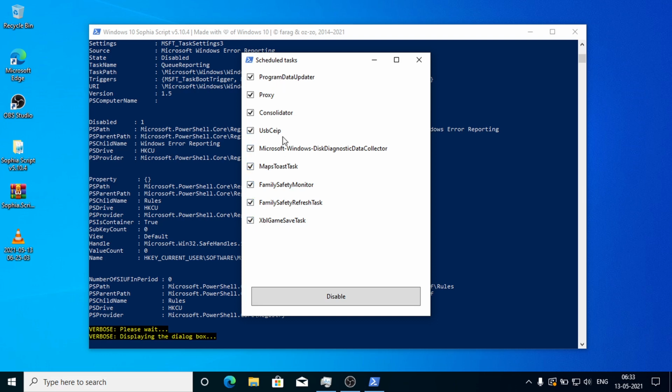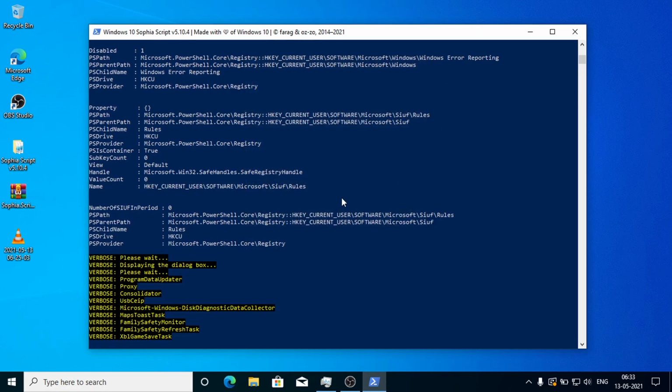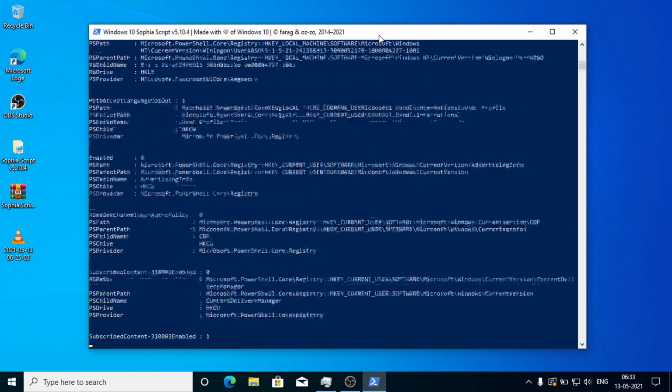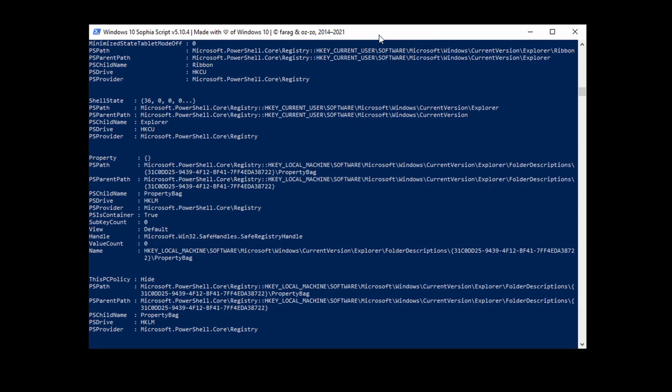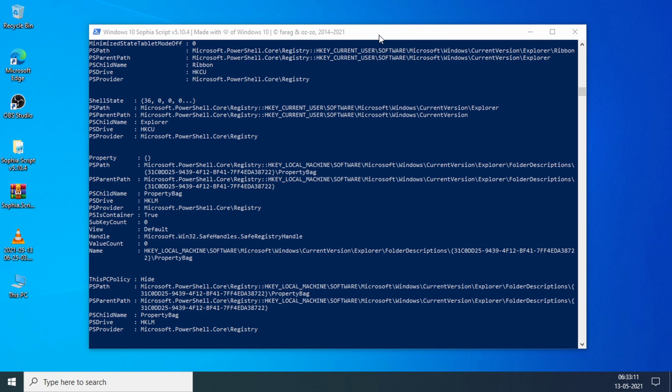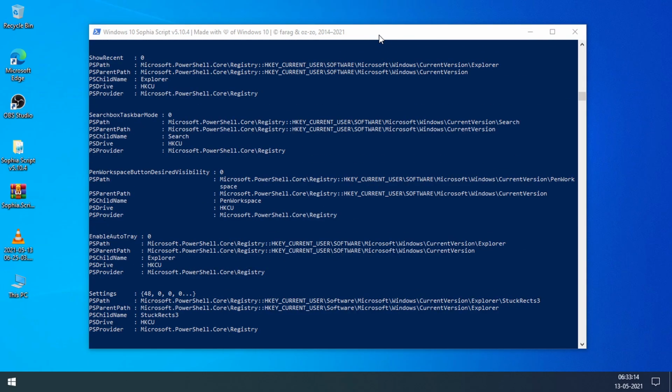I don't want any scheduled task to run, so just disable it and wait for a few more minutes. Let the script run. Wait, let it run.